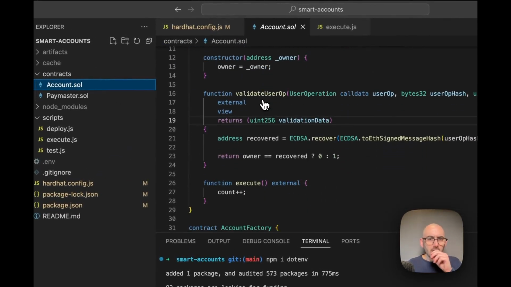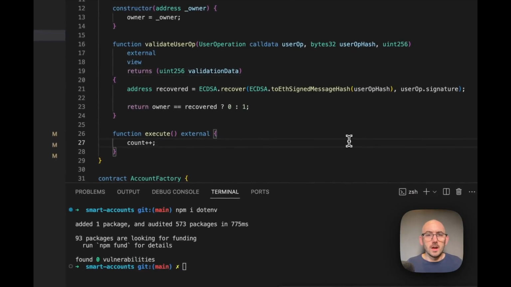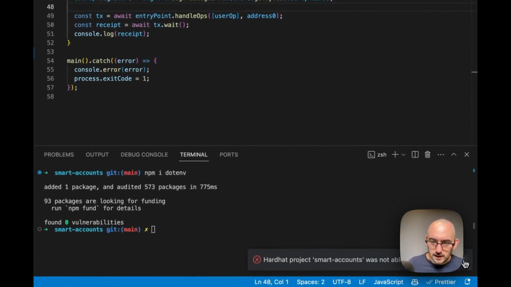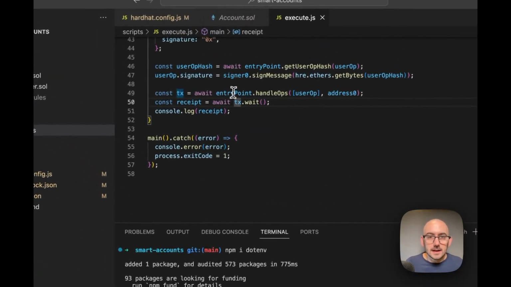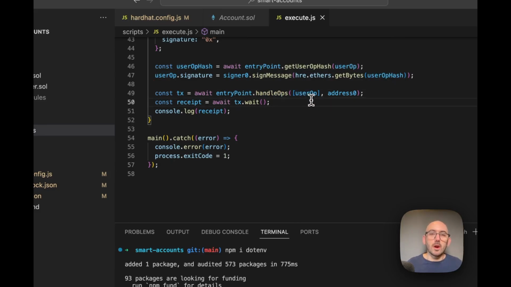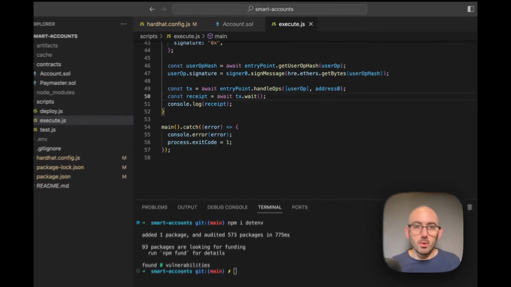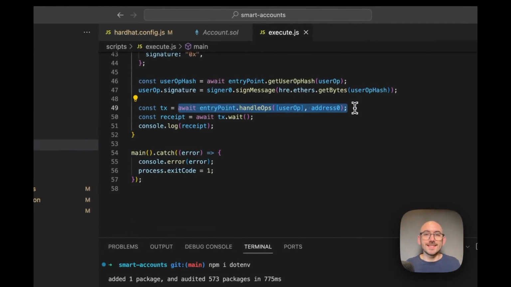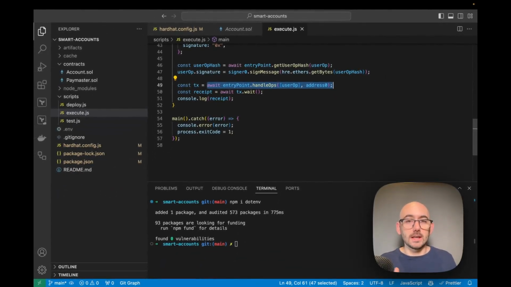So one thing that we're going to have to do is in our execute step, right? We have this, let me close out of this here. We have this entryPoint.handleOps method, which is taking our user operations. We're interacting directly with the entry point. The one thing that we're going to have to change here is we're going to have to use one of those bundler APIs to send a user operation to the bundler, and then the bundler will eventually take that user operation, maybe put it into a bundle with several other user operations, sign them in a transaction,